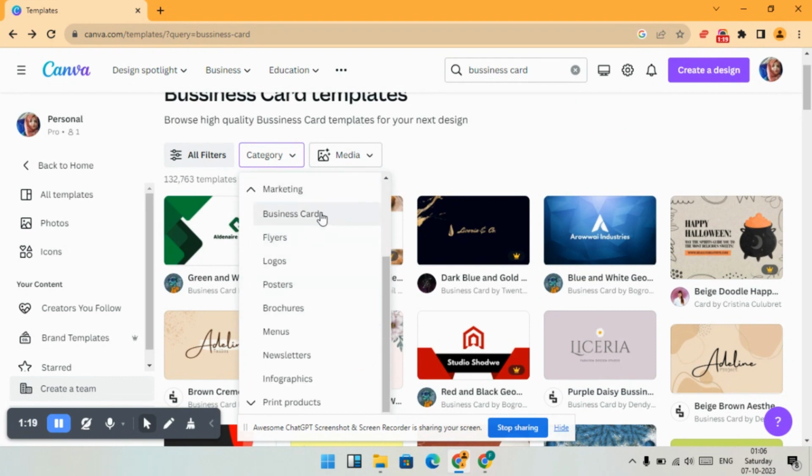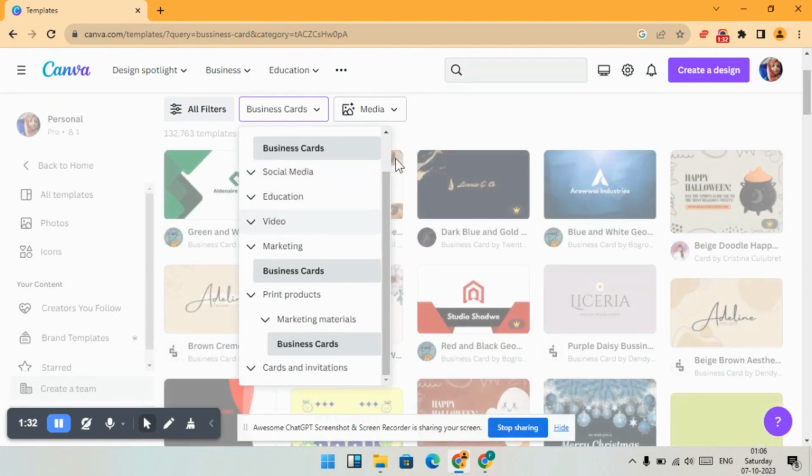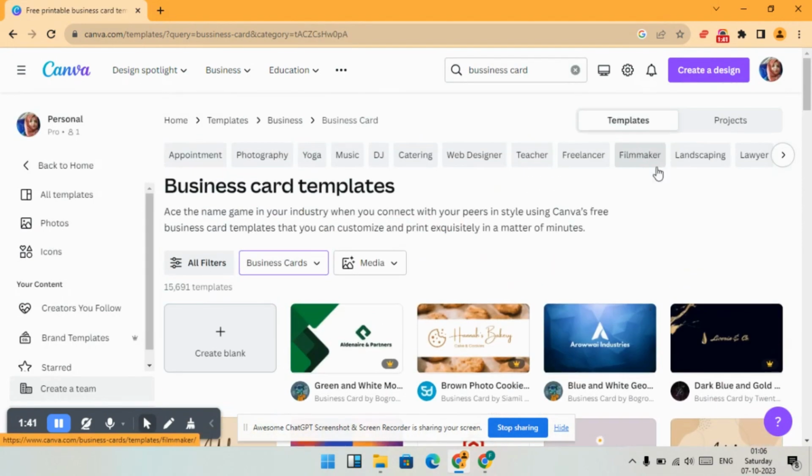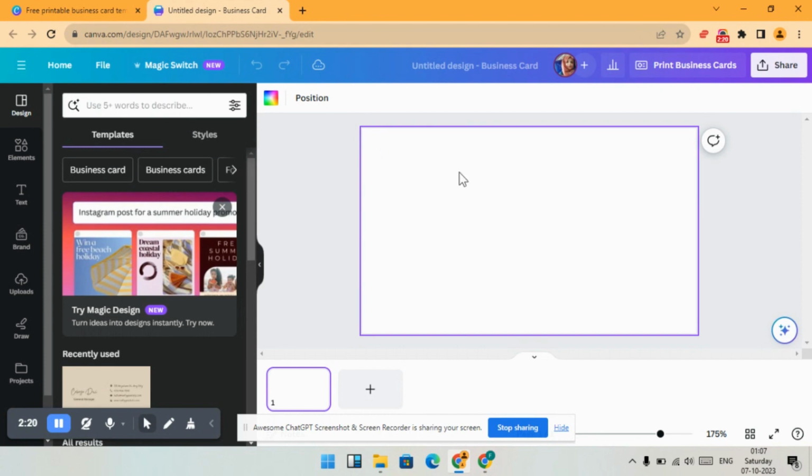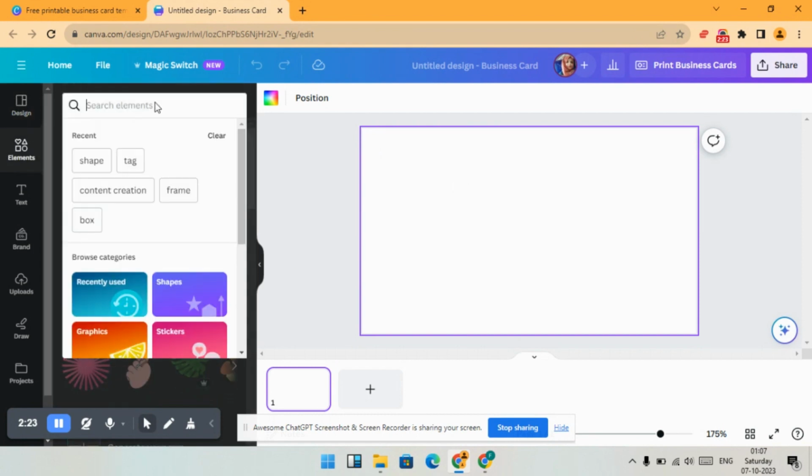In marketing we have some categories like business cards, flyers, logos, posters. We came here for business cards, not for flyers, logos, or posters. So let's continue with the business card. Let's take the blank page. To create a business card, firstly let's go to the element section and type backgrounds,